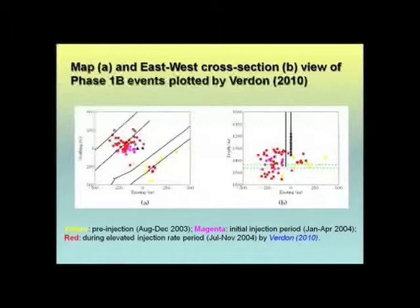Let's look at the first map. On the left side, we found the events are colored yellow, magenta, and red. So the different colors indicate different periods. And if we look at the right-hand side, we find the reservoir is indicated by two dashed lines with a